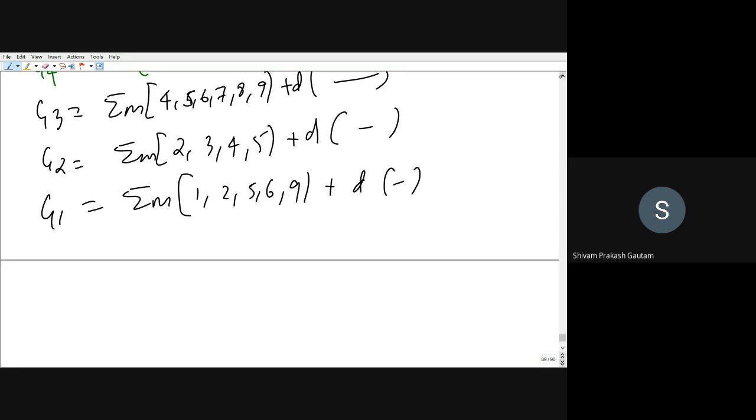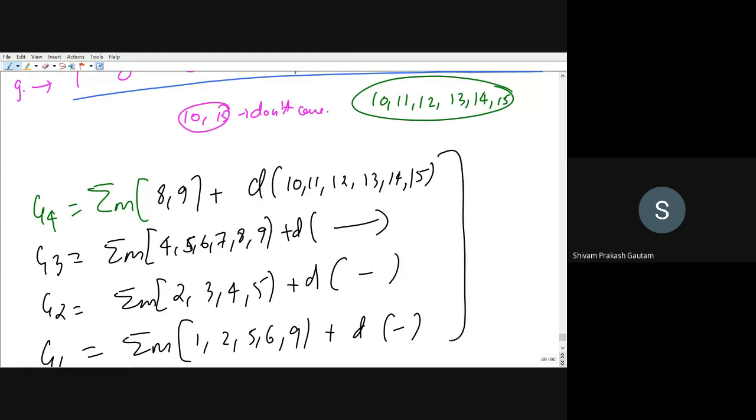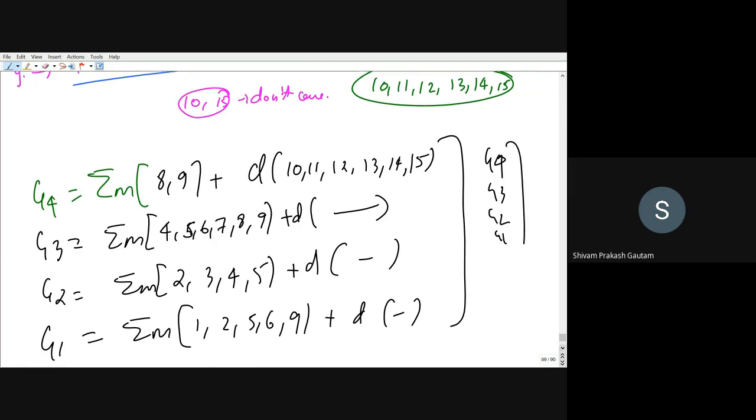Now from this, I'm leaving it up to you. You can draw the K-map and you can find the expression for G4, G3, G2, and G1. I'm leaving it up to you because we have already done this K-map. So you can solve it in this way. You will learn K-map as well, though you have already learned and you have already done the assignment. But this will serve as a good exercise for you, right? You can find the respective gray code, and then you can draw the logic. So I think this BCD to gray code is done.